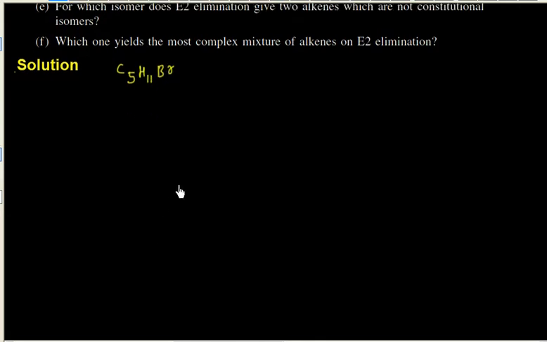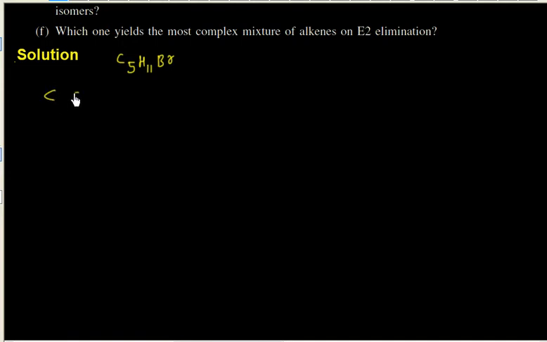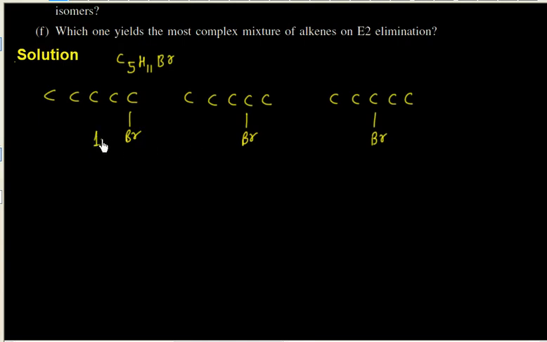In this case, let us say first the normal chain. So I have a normal chain first, 5 carbon. I can attach bromine here, and the second I can attach bromine here, or I can attach bromine somewhere here. So there are three possibilities. This is possibility number 1, this is possibility number 2, and this is possibility number 3. So there are three possibilities of this kind.